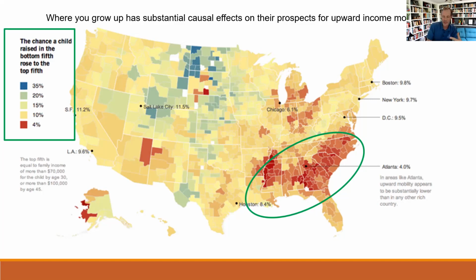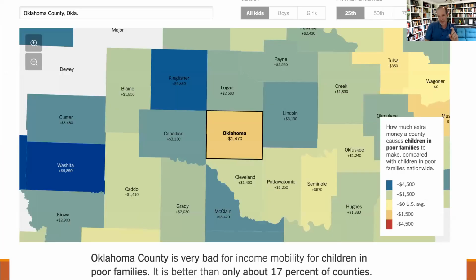And we know there's other things that correlate here. Education is worse, health outcomes are worse. They all sort of run together through this part of the country. One reason why I think this data is really interesting is because it's huge and it looks at very fine-grained measures in the country. So we can look at Oklahoma County.